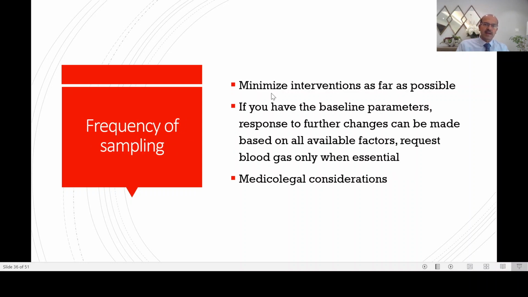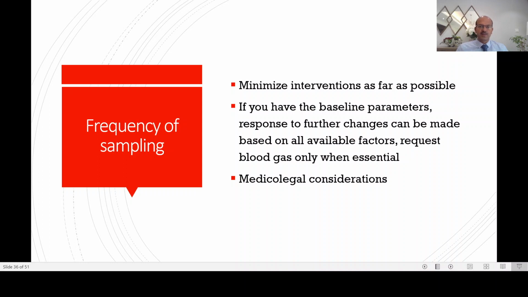So I am very much in favor of minimizing interventions, and we will have a future lecture on minimizing interventions in neonatology as a whole. But in general terms, our idea should be not to intervene frequently. Think about whether you definitely need a particular sample. Cluster your care, cluster your sampling. Suppose you're taking a blood gas, take other samples that you may plan at the same time. At the same time, don't overdo sampling just because you're handling the catheter.